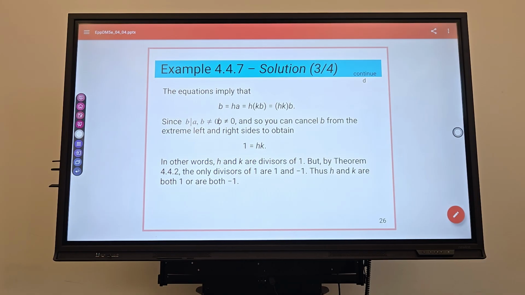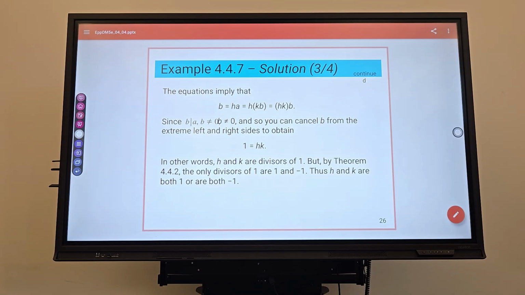You can solve for b, since b divides a. Then you can cancel b from the extreme left and right sides to obtain 1 equals hk,